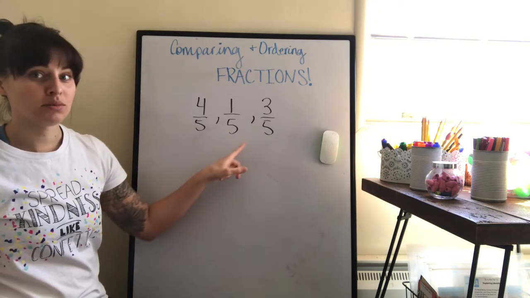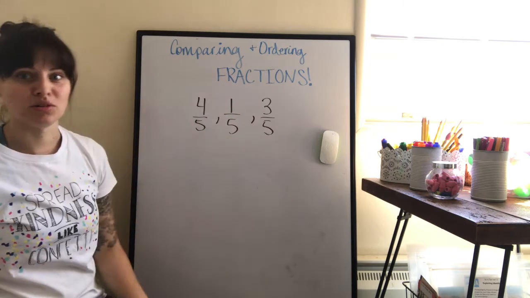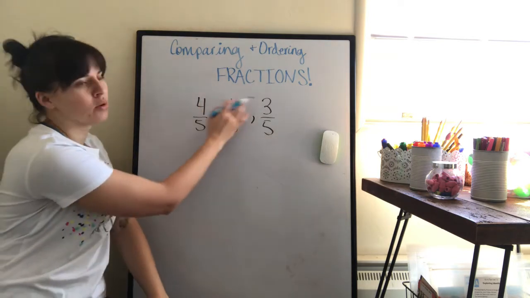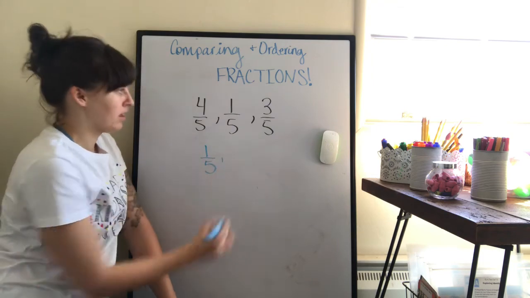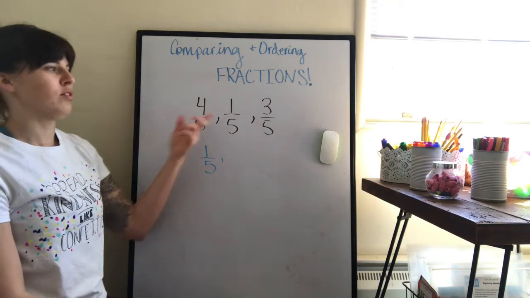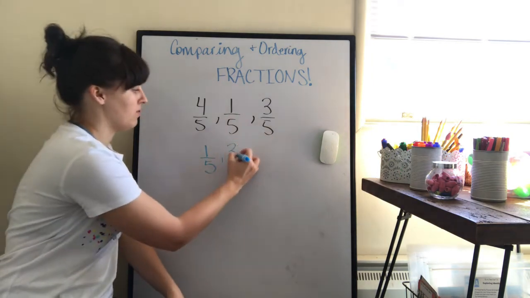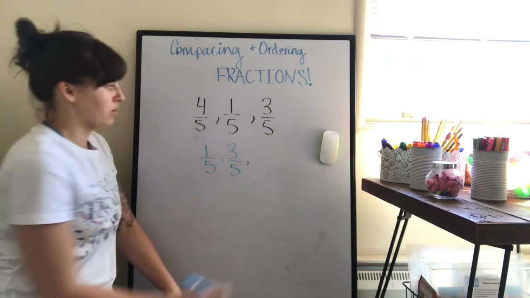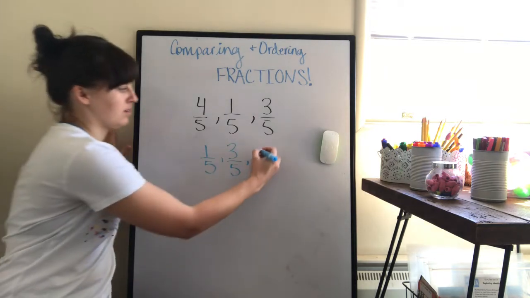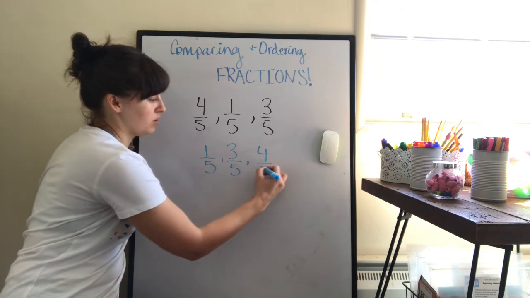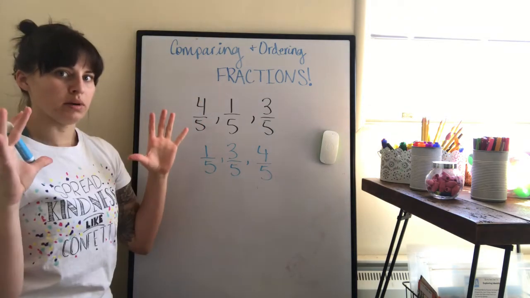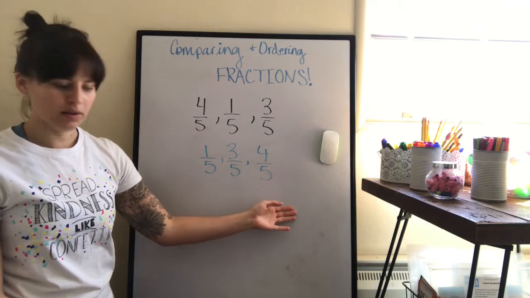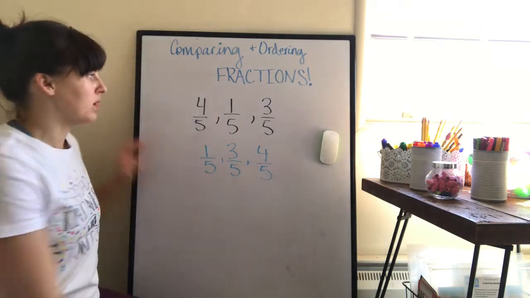Which one's the smallest of the 3? They all have the same denominator, so really I just have to look at the numerators. What's smaller, 4, 1, or 3? 1. 1 fifth, and then what's the next one? 4 fifths or 3 fifths? 3 fifths. And what's the next one? 4 fifths. So we put that in order from least to greatest, from smallest to biggest. Easy, right? But what if